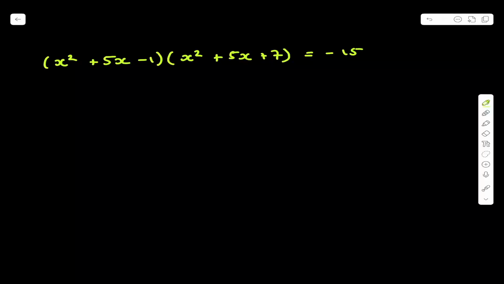Okay, let's have a look at this question. We've got a quadratic multiplied by another quadratic to give me negative 15. And I ask you to solve this. This looks like an absolute nightmare of a problem that makes people want to quit maths. But I promise you, by the end of this video, you're going to be able to solve something like this